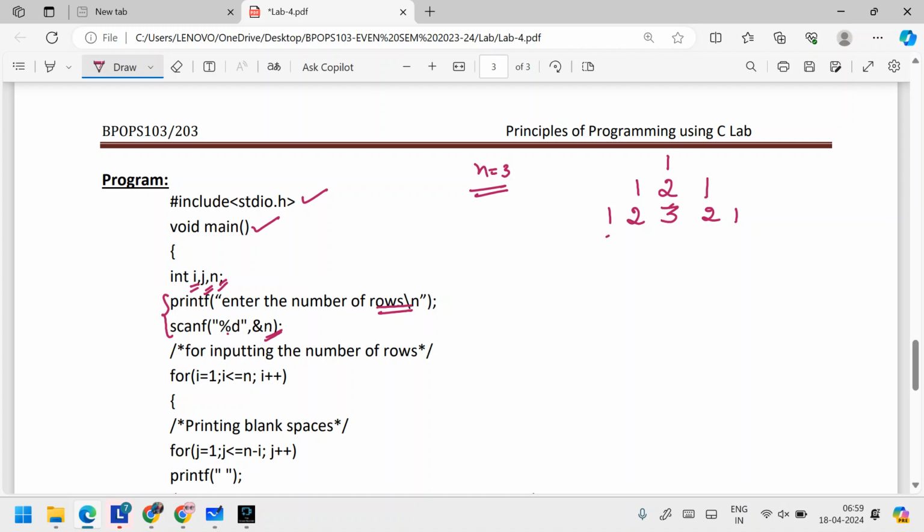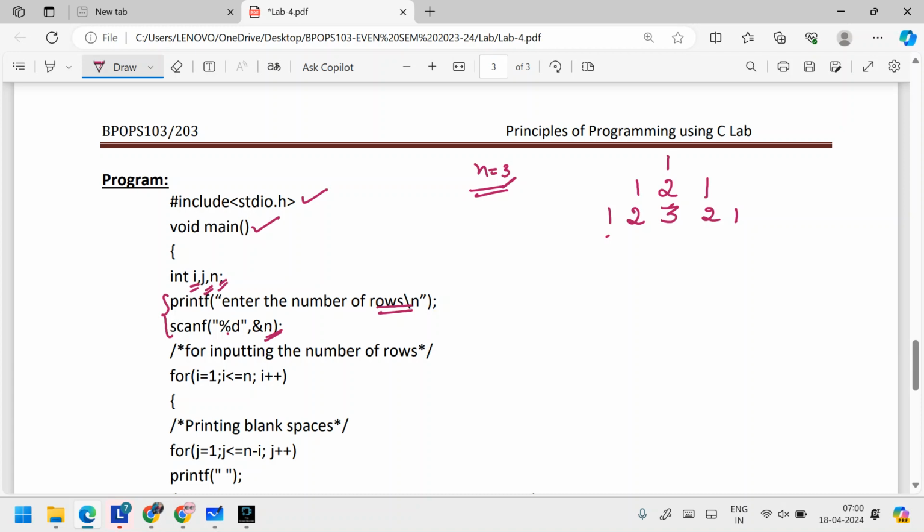Okay, now we would need the loop. I need to generate this, these rows are similar, right? So till where will you print the number of rows? Till this condition is true, till n becomes 3. So you see a set of repetitive statements, so you are going to use the concept of a loop. But several loops are required. Once you give 3, that means the number of rows is 3, right?